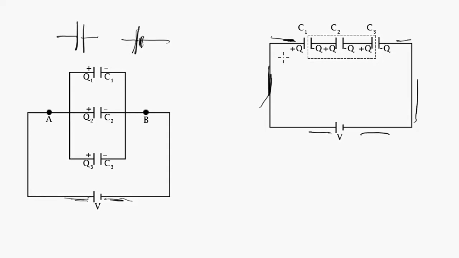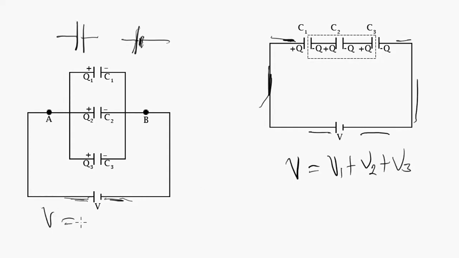Now notice that the potential difference will vary from C1 to C3, and the potential difference across the three capacitors will be the sum of the individual potential differences of each capacitor. So V here will be V1 plus V2 plus V3,